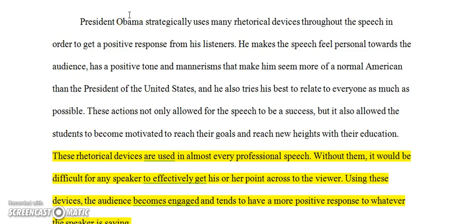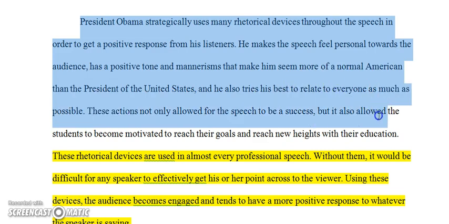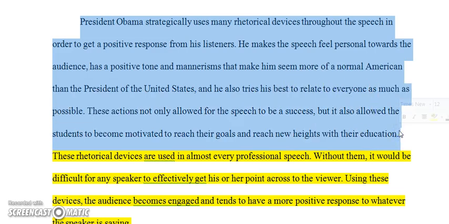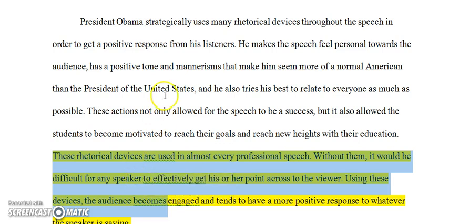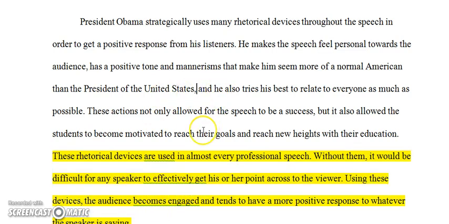President Obama strategically uses many rhetorical devices throughout the speech in order to get a positive response. Okay, this part is kind of rehearsing what the analysis has done. I prefer this to be a little bit shorter. And then right here with this yellow text, you get the sense that the writer is moving in